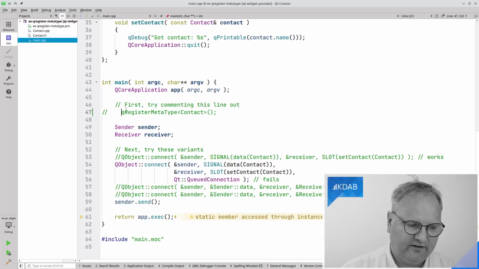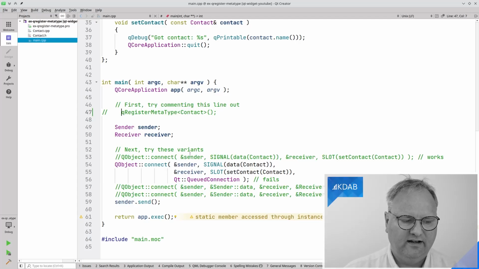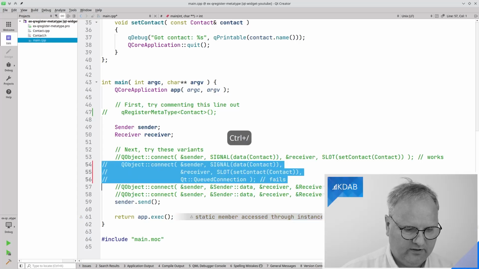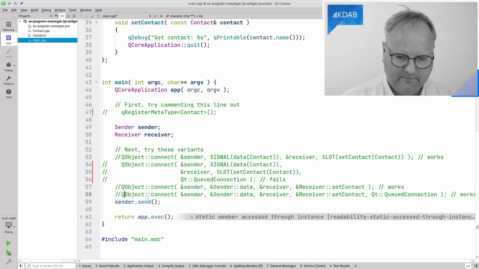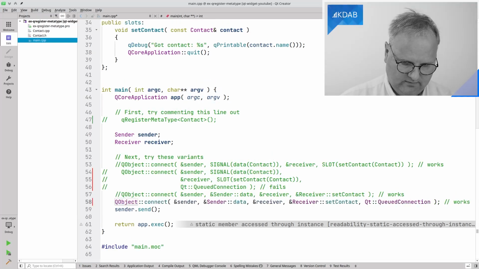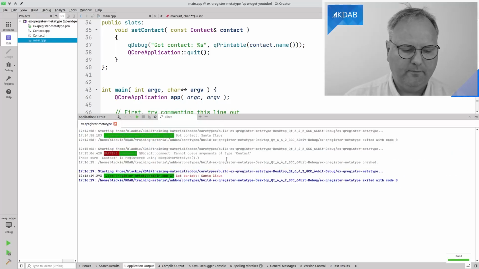The point is that if I forget this one, and I'm using a queued connection, and here's the big and, I'm using the Qt 4 macro-based style of signals and slots, then I need this qRegisterMetaType. If I was, on the other hand, using the queued connection here, but this time with the Qt 5 way, namely the pointer to member function, it says got contact Santa Claus.